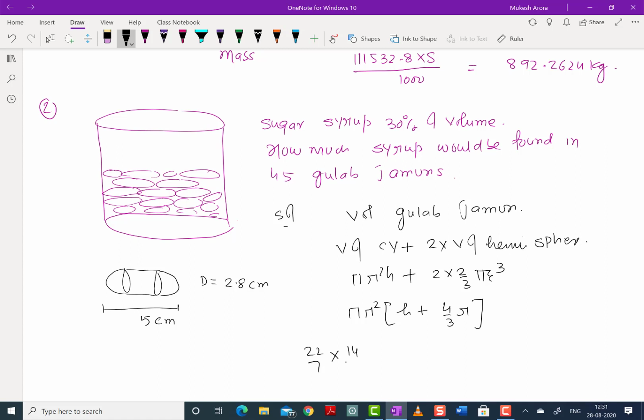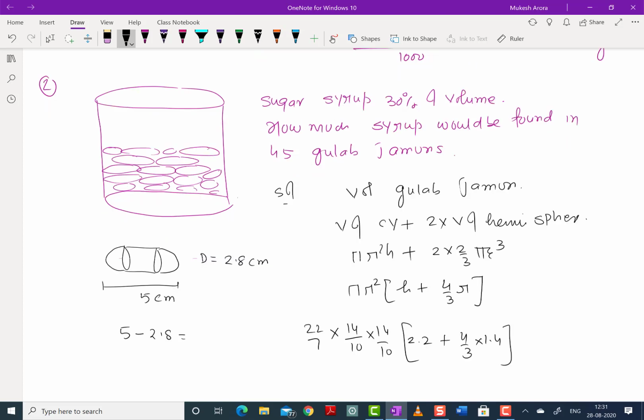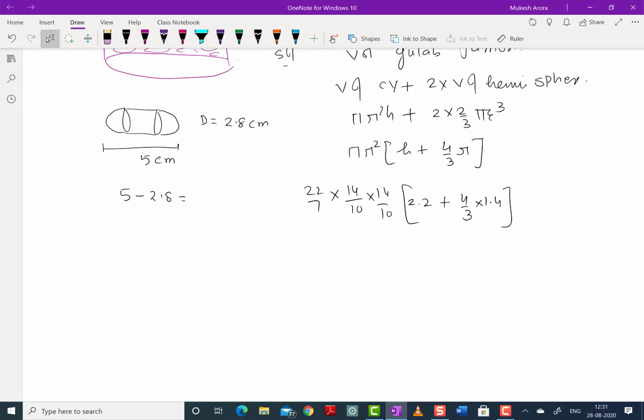Radius is 1.4. Height 5 minus 2.8 is 2.2, plus 4 by 3 into radius 1.4. So it is 22 by 7 into 14 by 10 into 14 by 10 into 6.6 plus